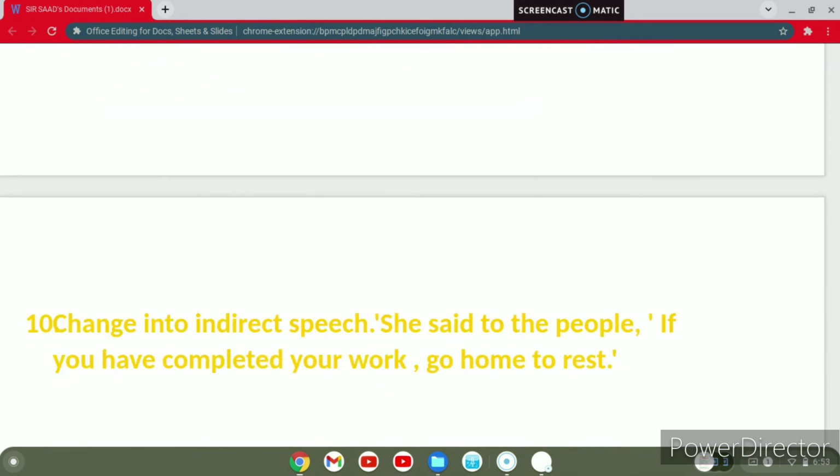So this is important. Then the last one, change into indirect speech. She said to the people, if you have completed your work, go home to rest. So in this sentence we have two parts. One is if and the next one is imperative. If you want to change a sentence like that, you have to change the structure. First, you know, transform or change. Put the imperative immediately after